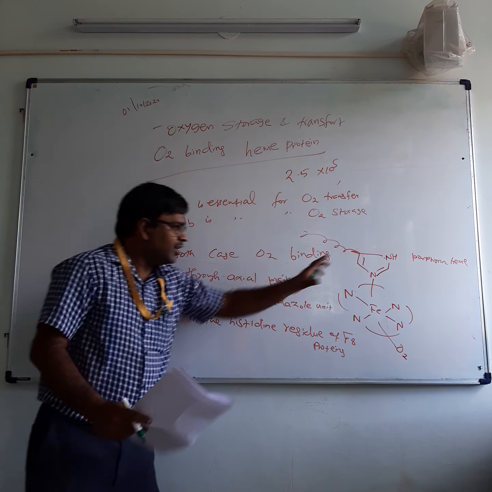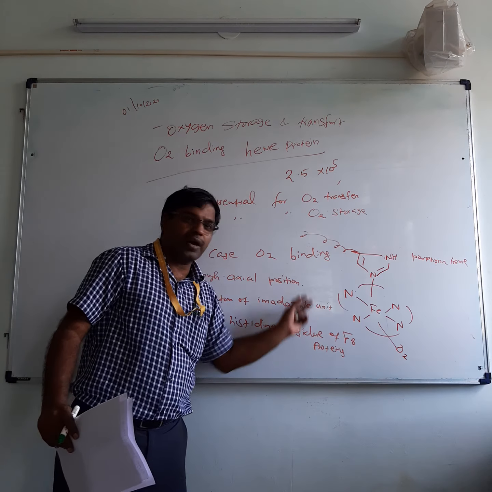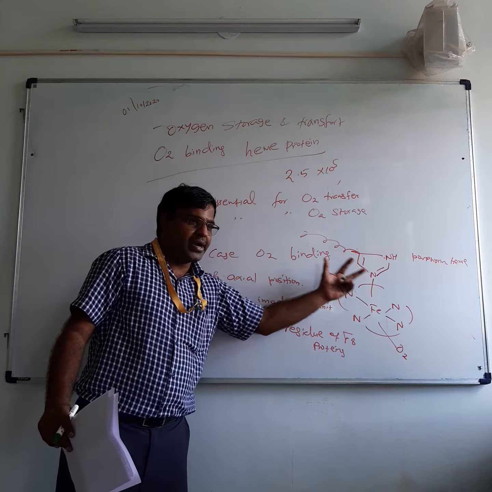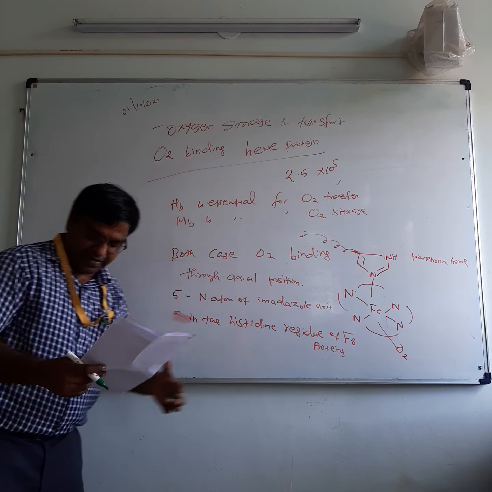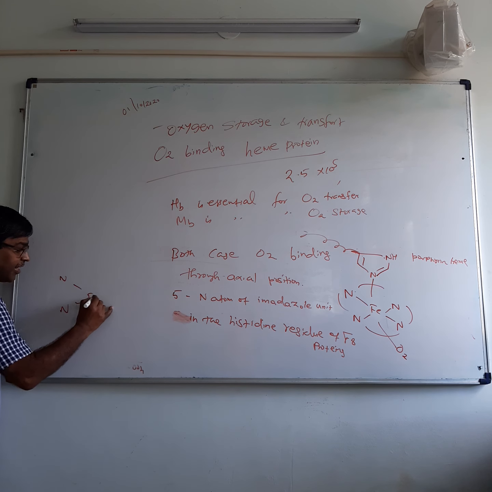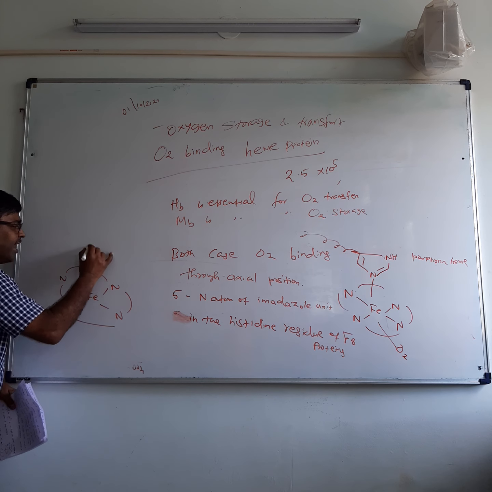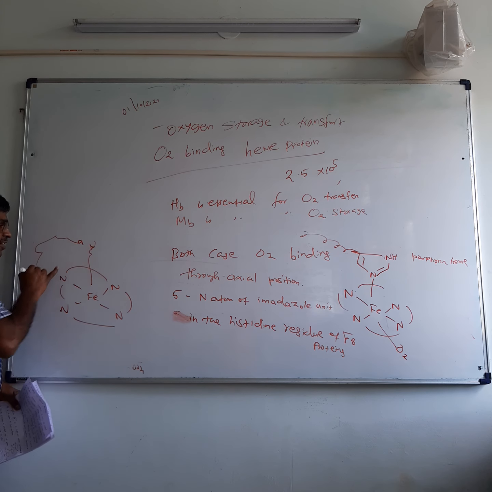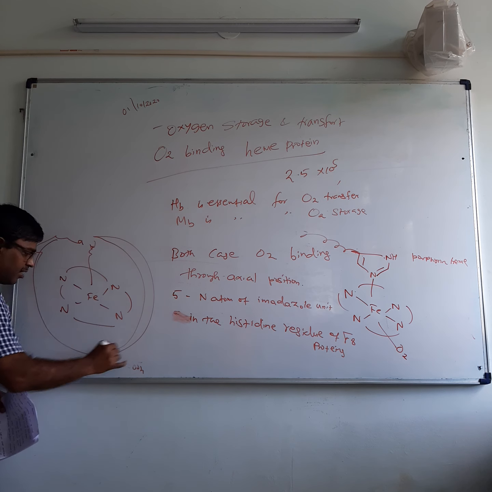Basically, this is how the oxygen coordination will be in the heme unit. Either it is hemoglobin or myoglobin, it is going to be the same way. The heme unit is going to be present encapsulated. What do you mean by encapsulation? That means it is completely covered. See, you have the protein, nitrogen is there, then you have the protein, and this protein is going to completely cover it.